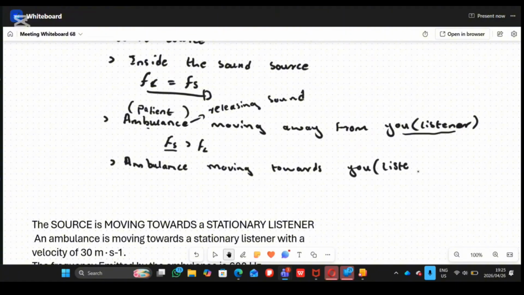In most cases, only one object will be moving. They will either say an ambulance is moving towards a stationary observer or a stationary listener, or they will say a detector is placed aside the road. If they place an object aside the road,